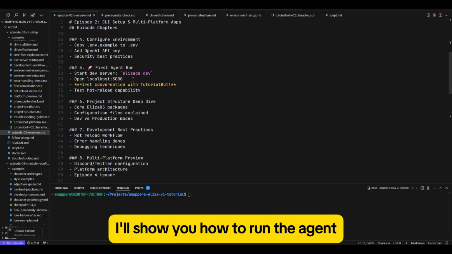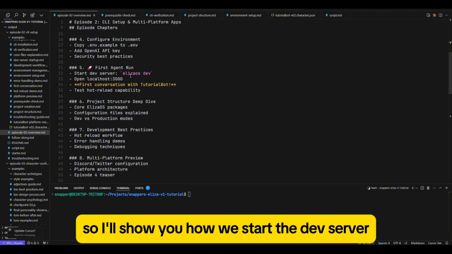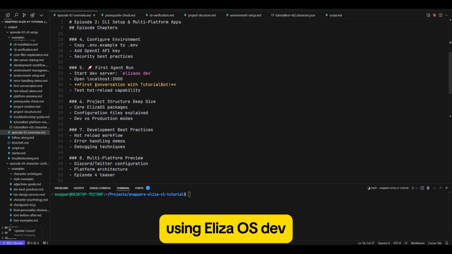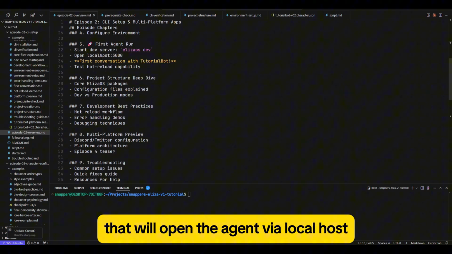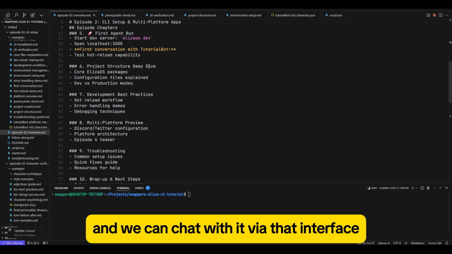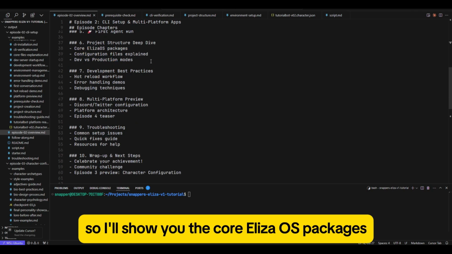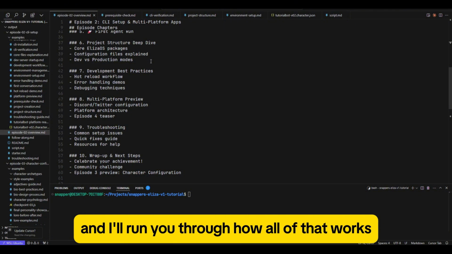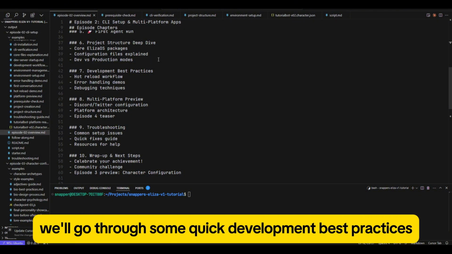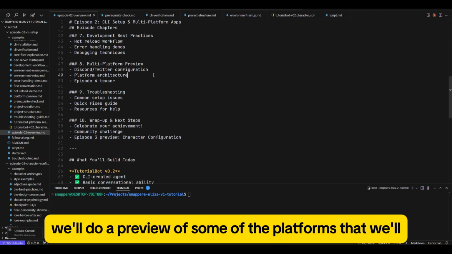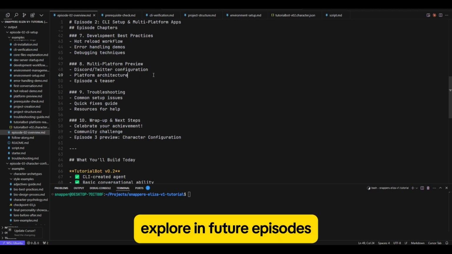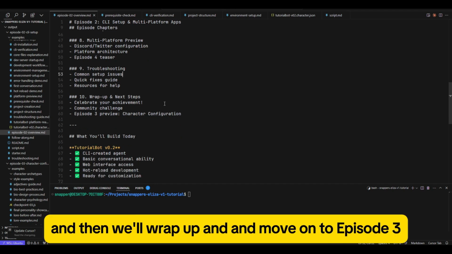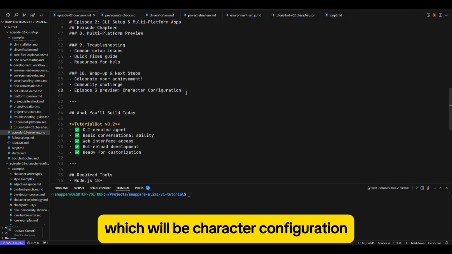I'll show you how to run the agent, so I'll show you how we start the dev server using ElizaOS dev. That will open the agent via localhost and we can chat with it via that interface. I'll show you a project structure deep dive, so I'll show you the core ElizaOS packages using this plugin feature in the ElizaOS CLI, and I'll run you through how all of that works. We'll go through some quick development best practices. We'll do a preview of some of the platforms that we'll explore in future episodes, so Discord and X for example, a few troubleshooting things, and then we'll wrap up and move on to episode 3, which will be character